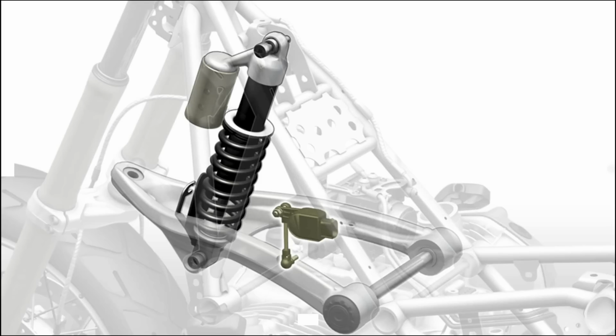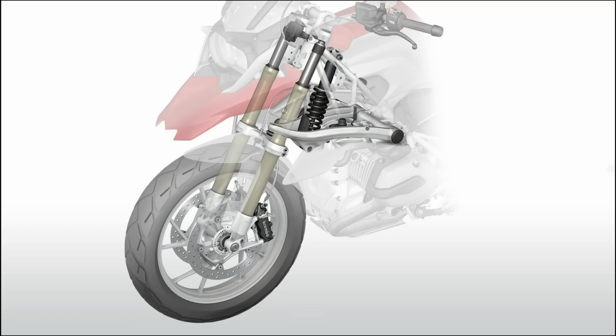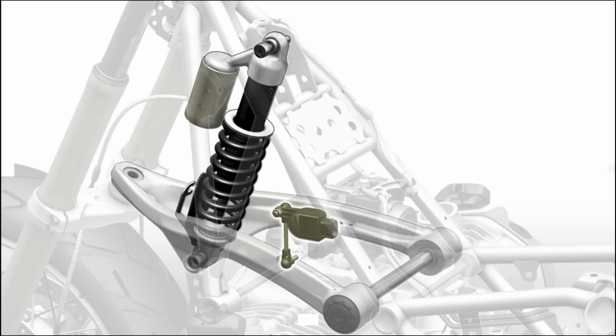BMW have used this telelever design for some time, with a monoshock mounted to an arm that joins the frame and forks, as opposed to the springs being contained inside as with a traditional telescopic fork. The benefit of doing so is that steering and damping forces are separated, resulting in a better feel at the front end, as well as lower unsprung weight, improving the responsiveness of the suspension and less fork dive under heavy